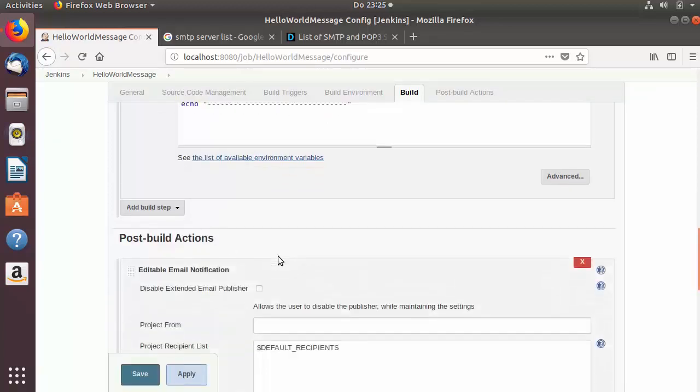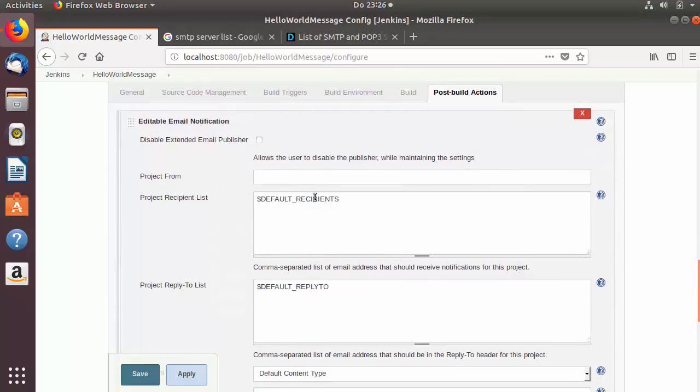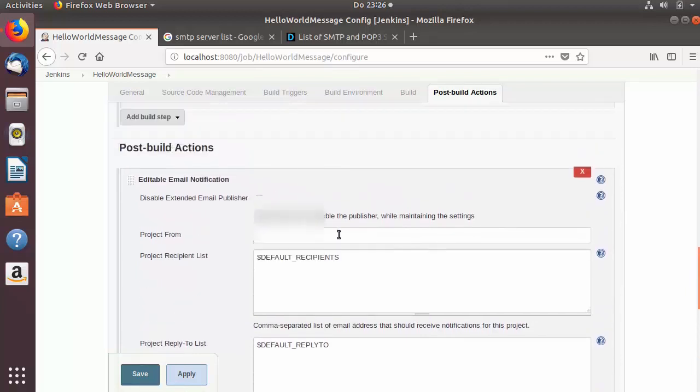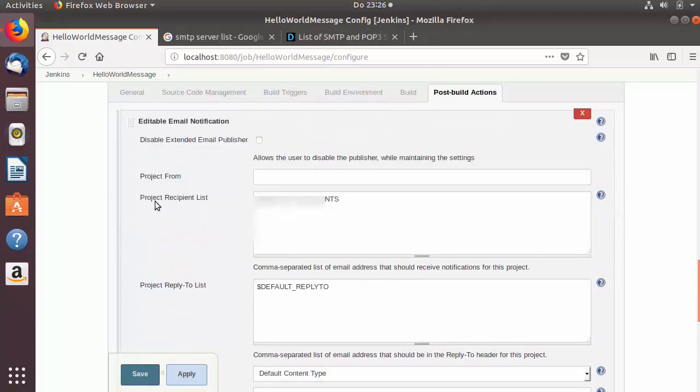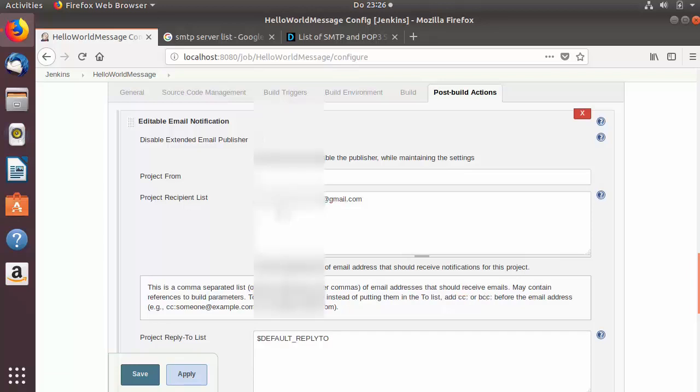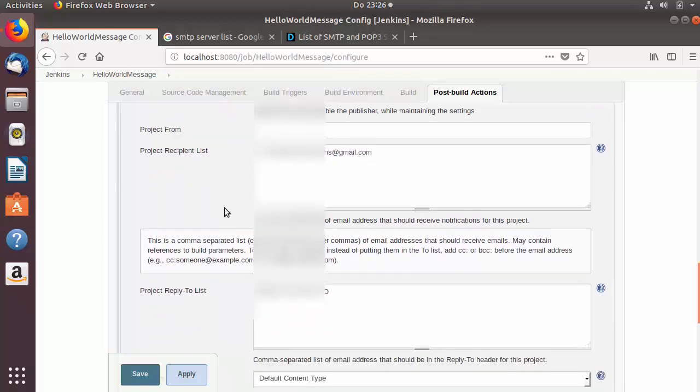So just use this option, and then you will be able to find all these fancy options which you can change at any time. Important for us is for example project recipient list here. So by default it's default recipients. You can give any other email address here, and if you want to know more here, you will be able to find more details here. So it says you just need to add a CC colon here or BCC colon here. So I'm going to add that CC and then colon and then the email address,